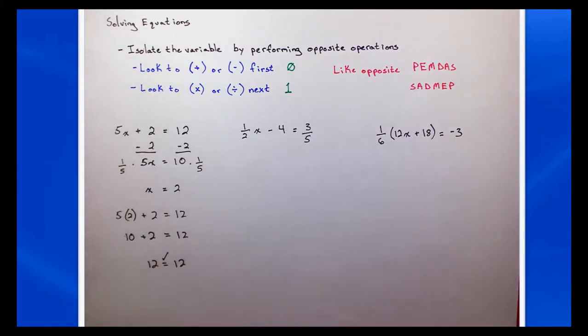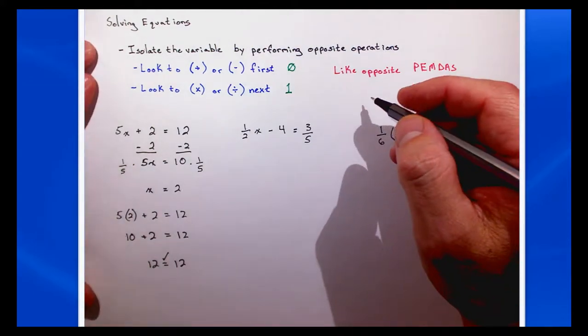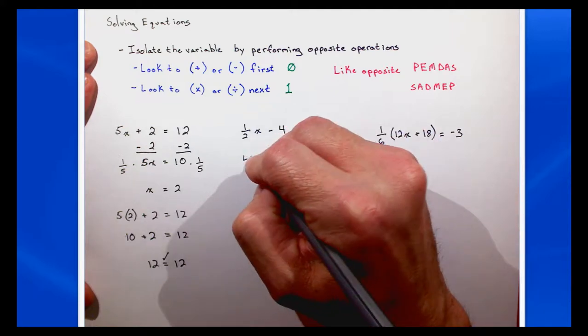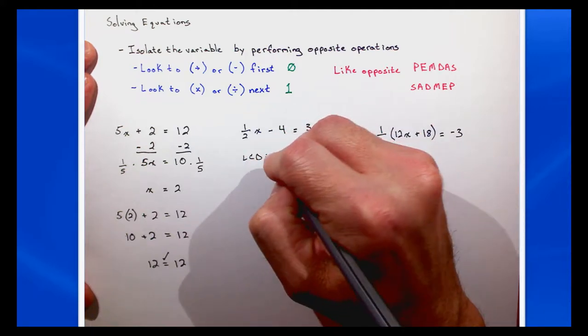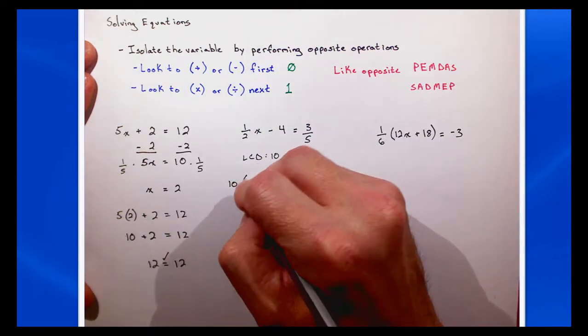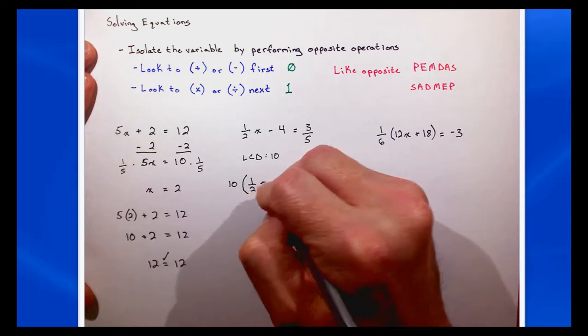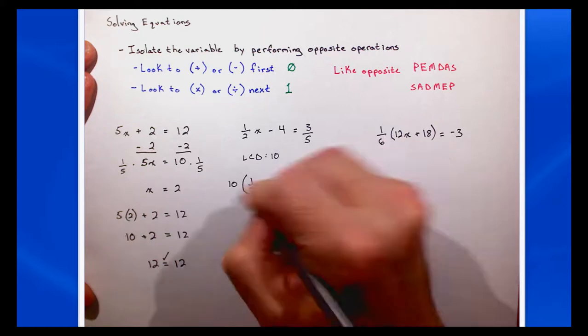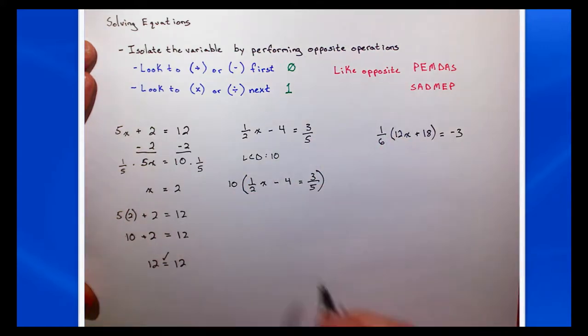Ooh, I have fractions. So what I need to do is go ahead and multiply through by a number that will cancel both of those out. And what I can do is find the least common denominator. The least common denominator for 2 and 5 is 10. If I multiply through everything in here by 10, meaning I'm going to distribute that 10 to all the terms inside the parentheses, I will get rid of my